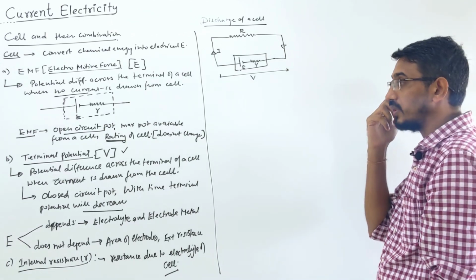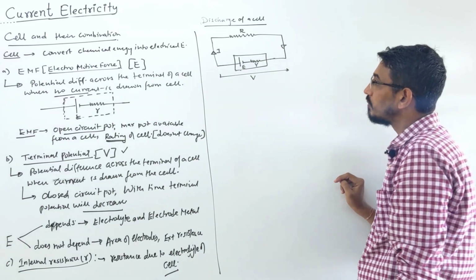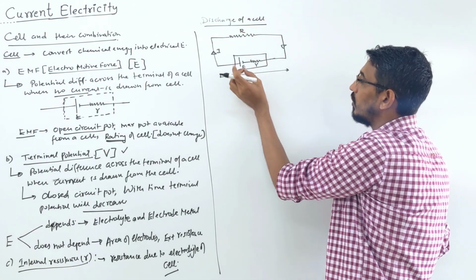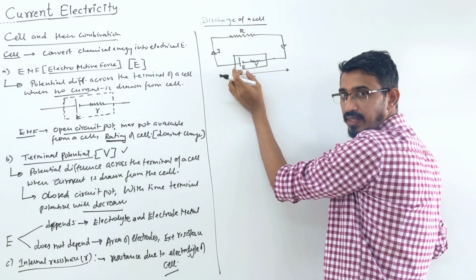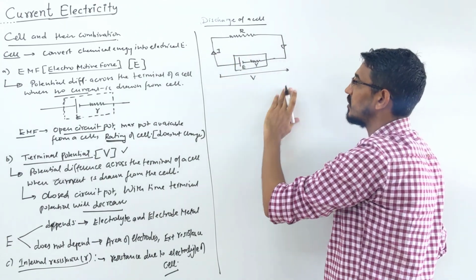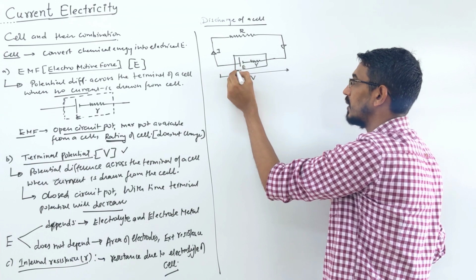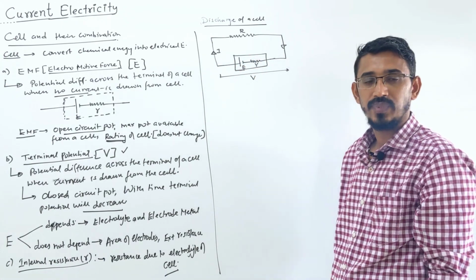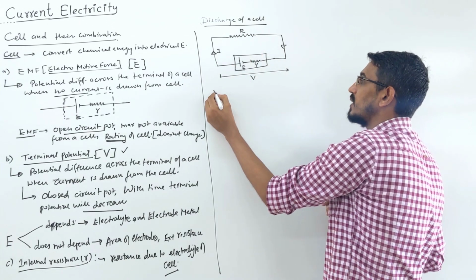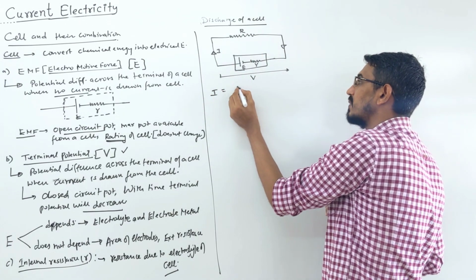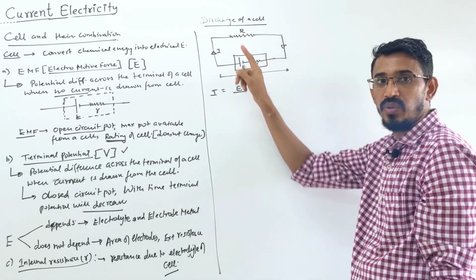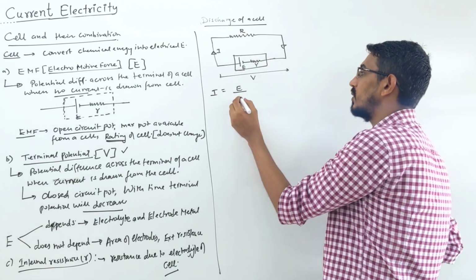We are interested in knowing that. So how can you know it easily? Look here. The total EMF of this battery is E, correct. You can write Kirchhoff's law also, that's even more simple here. But let's directly understand. Total EMF is E. Let's calculate the current flowing in the circuit. Current will be EMF E over total resistance, external resistance R plus internal resistance r, both in series in one closed loop. So this is your current.